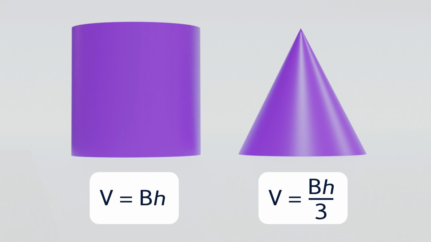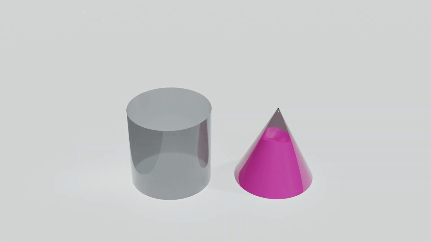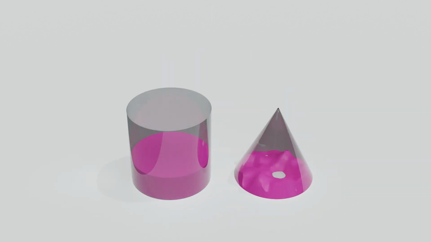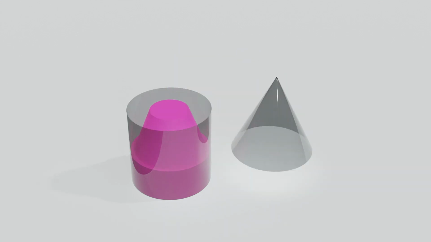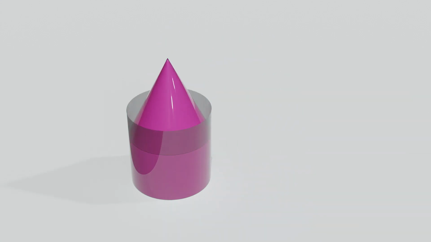You can visualize the reason for this by taking a cylindrical container and a cone-shaped container that both have the same height and radius. Fill the cone with water up to the brim, then pour it into the cylinder. Do this 3 times, and you'll find that the volume of water from exactly 3 cones fits perfectly into the